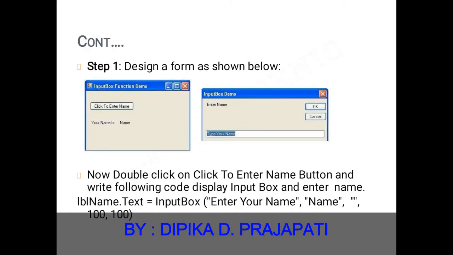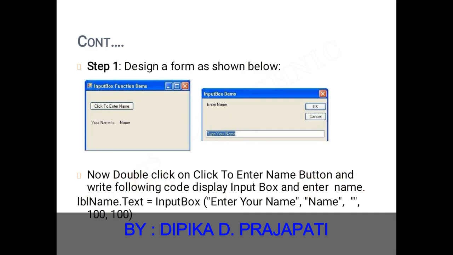Here is how to design an input box. Step number 1, design a form as shown below. Here is our button, click to enter name, and whenever you click it, this type of input dialog is shown on your Windows screen. Now double click on the click to enter name button and write the following code, which is used to display the input box.